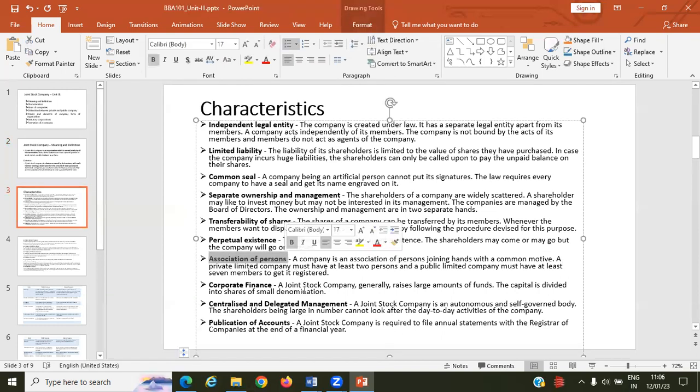That means what? A company is formed by an association of persons. If many people join, there is no limit to that. I was giving one example, buying shares. That means you are purchasing a company's shares. You are the owner of that company, proportionate to the amount you purchased. Suppose you bought 100 shares, 200 shares. That means you are the owner of that company to that extent.